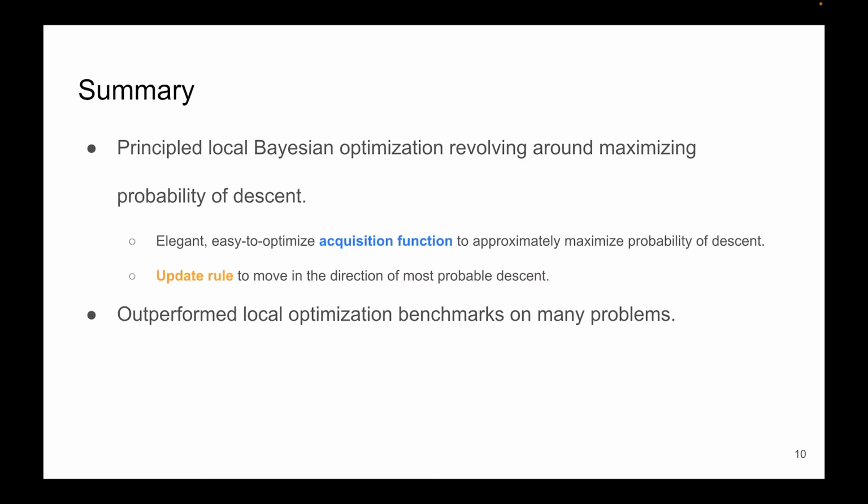Finally, to conclude, we propose a principled local Bayesian optimization framework that revolves around maximizing the probability of descending on the objective function. This includes an elegant but also easy to optimize acquisition function that approximately maximizes the descent probability, and then an update rule that moves in the direction of the most probable descent. Our experiments show that we outperform other local optimization baselines on a wide range of